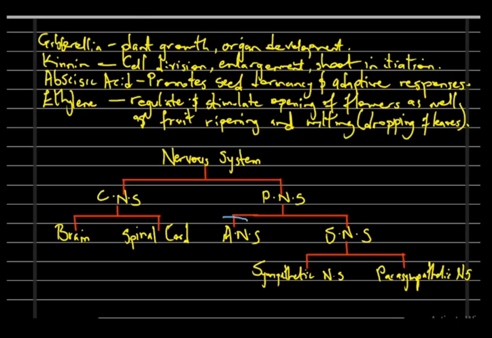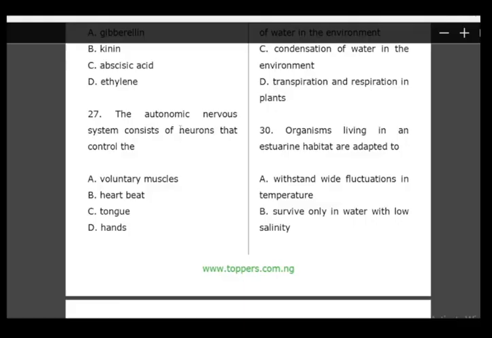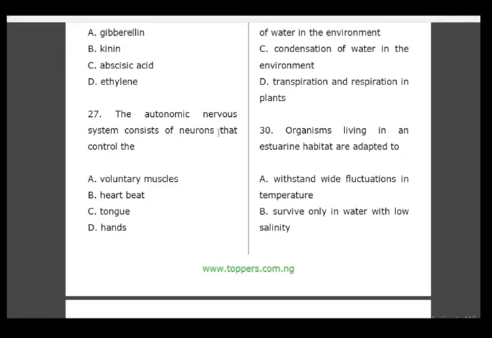So the question we are being asked is from the ANS. It is asking us, autonomic nervous system consists of neurons that control the A. voluntary muscles, B. heartbeat, C. tongue, and D. hands. Now let's just go straight to the point. If we look at the options that we have here, voluntary muscles, the tongue, and the hands, we have the